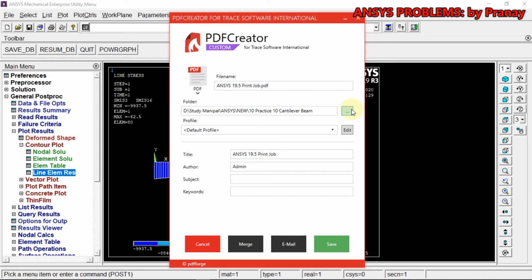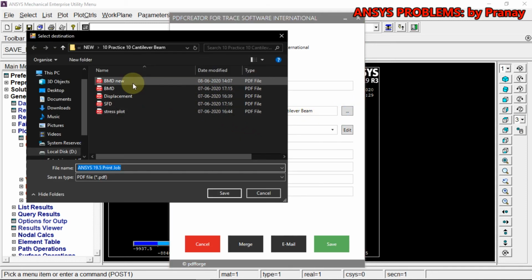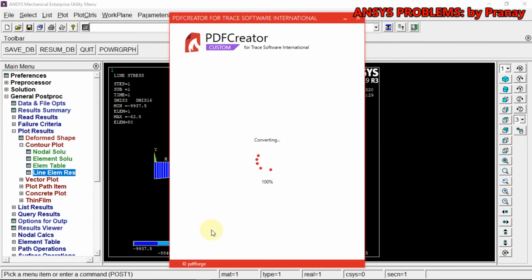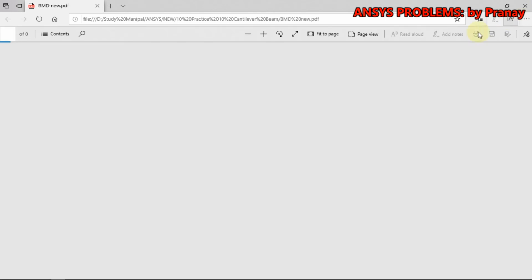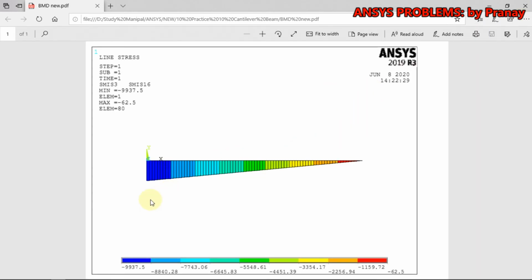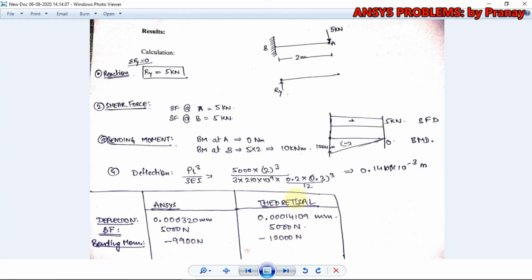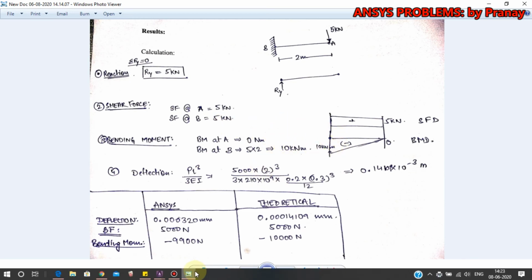I have made a particular folder in which I'm going to save it as bmd new. I'm going to override it, save. The black background is automatically converted into white, no problem in that, and thus we have this much value as our bending moment over here, while we had 10,000 theoretically, 10 kilonewton meter in negative.